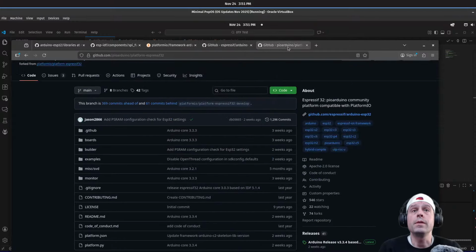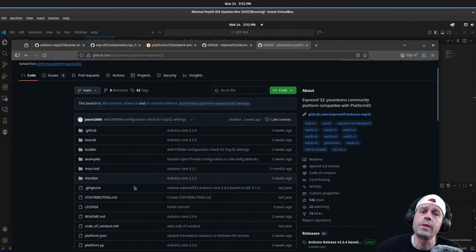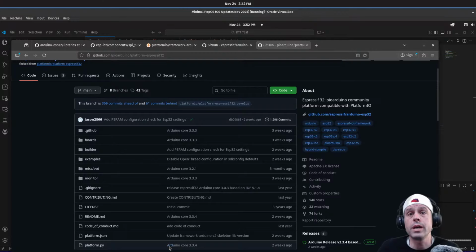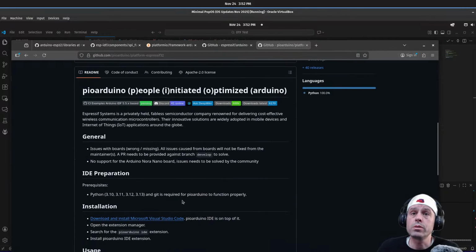So this is keeping up with the most recent things coming out of Espressif. Release ESP32 Arduino Core 3.0.3 based on IDF 5.1.4. So it looks like if we can point our PlatformIO to this, maybe it'll work. But that still assumes that whoever creates that interface export .a precompiled mess has properly exported the interface for ESP OTA operations.